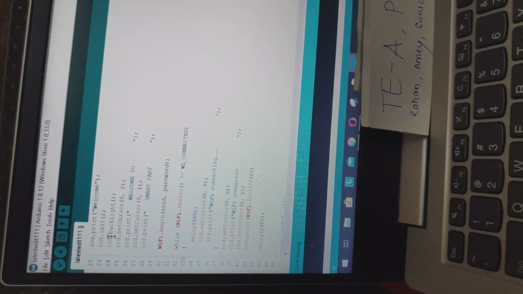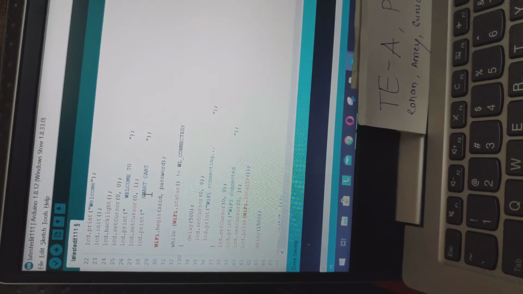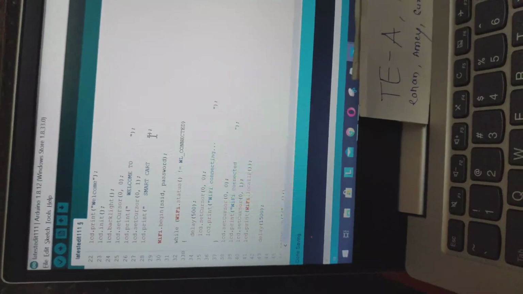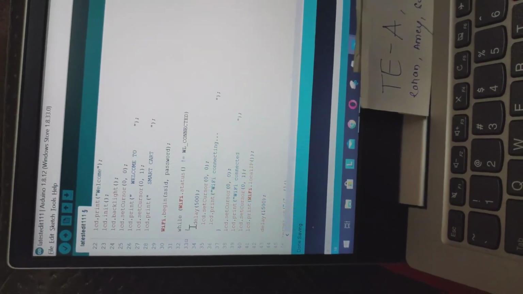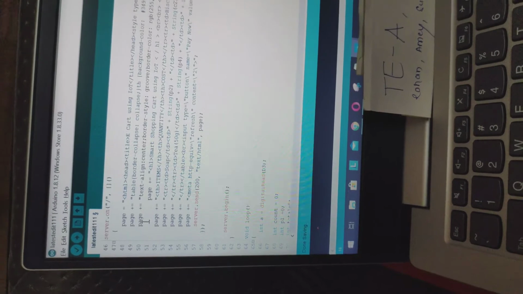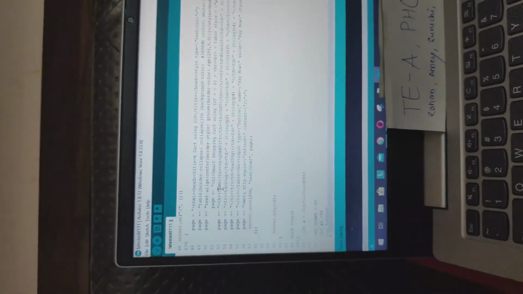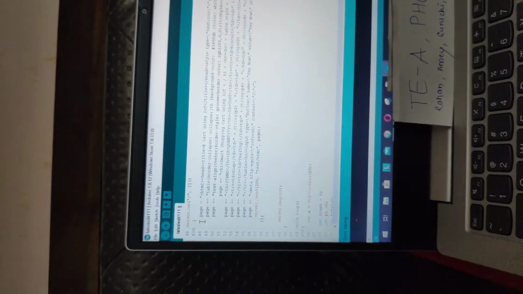This is the code for the LCD, which shows "Welcome to Smart Shopping Cart", but currently the LCD is not available. So this is the HTML code which has been converted to C++ using a converter. The HTML code has been converted to C++ because a microcontroller has very little memory. Therefore, to update the shopping cart details on the web server, we need to convert this code into C++ format.